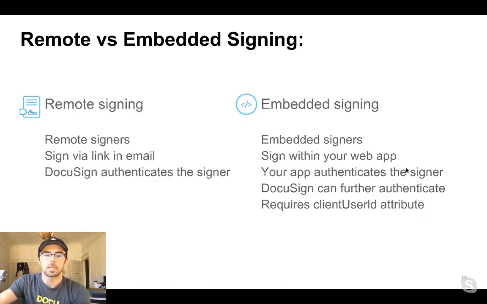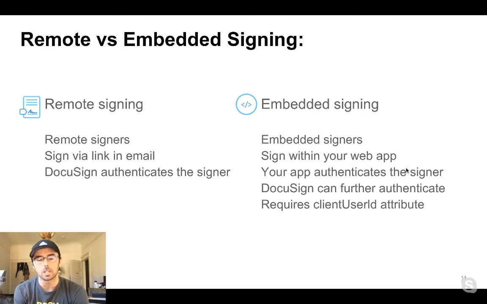Okay, now comes a fork in the road, and this is a very important decision you should make. That's between remote signing and embedded signing. For remote signing, this flow should sound fairly familiar. Most people who have worked with DocuSign, whether developers or your parents or friends and family, have received a secure link via email that says, "Please sign with DocuSign." Many people have signed mortgages with DocuSign. This flow is implemented via remote signing, whether in the UI or the API.